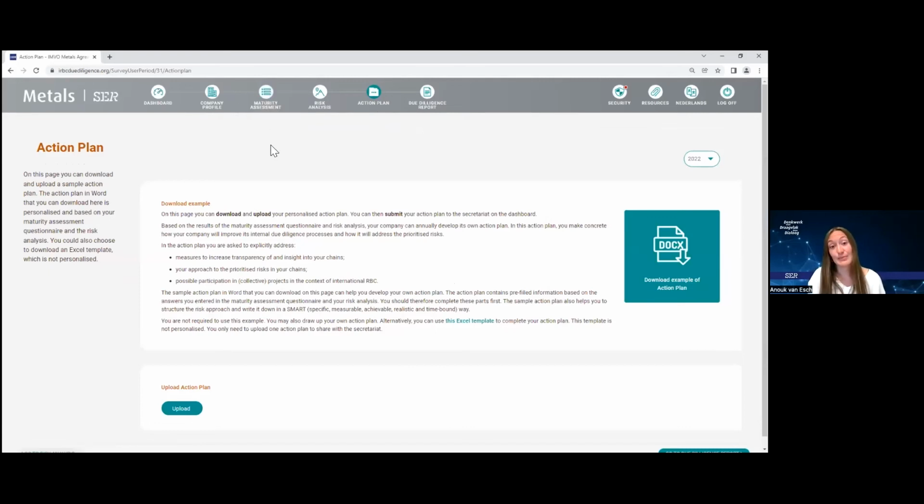Based on that, it will give tailor-made example actions that the company can take to improve its internal due diligence processes, and it will also contain a list of the most salient risks in the heat map. Furthermore, it provides guidance for companies to write their actions in a smart way: specific, measurable, achievable, realistic, and time-bound. These are some examples of the tool.